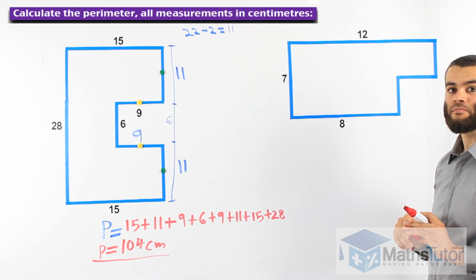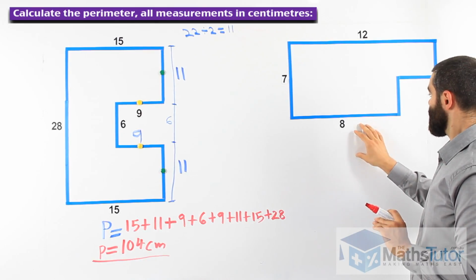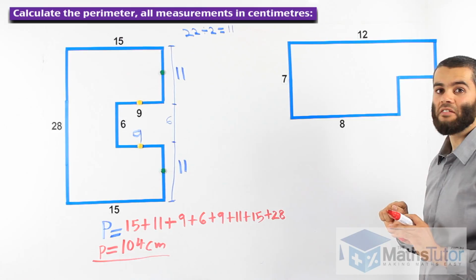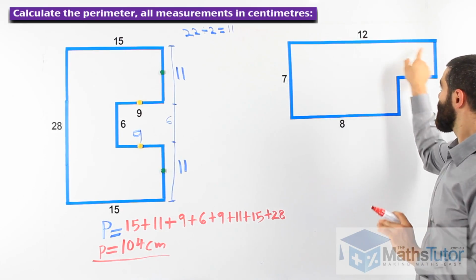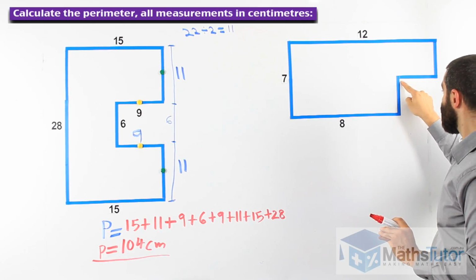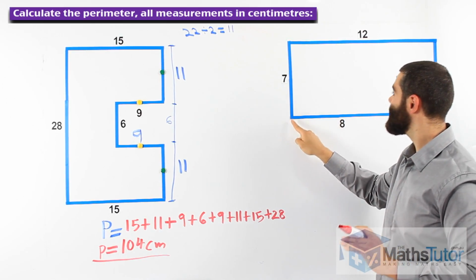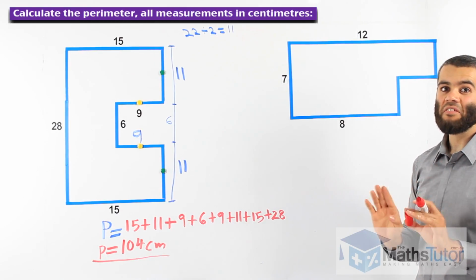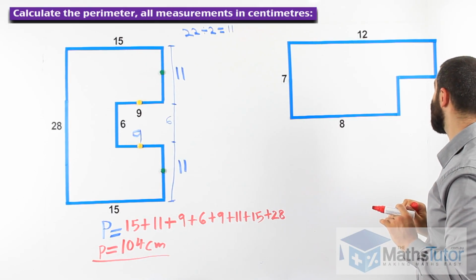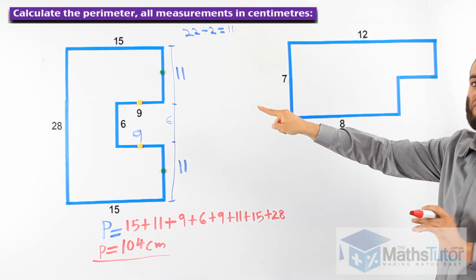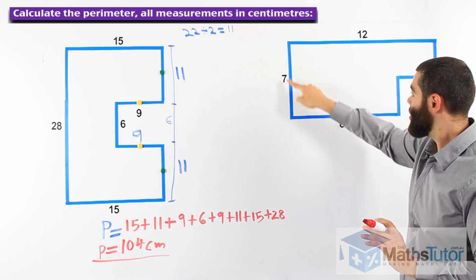Looking down here, on this shape, again, it's straight sides. It has a 12 on top. This is missing. This is missing. This is missing. This is 8 and this is 7. First steps first. Find the missing measurements first. Missing sides. We notice, similar to that one there, if this is total 7,